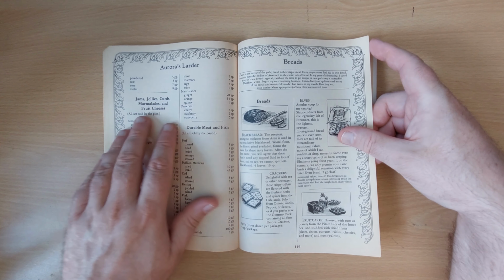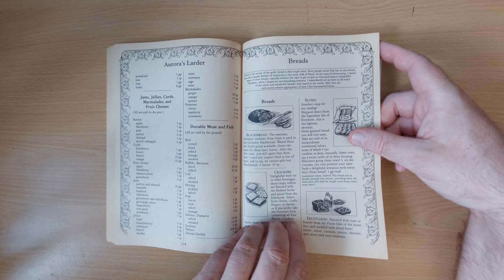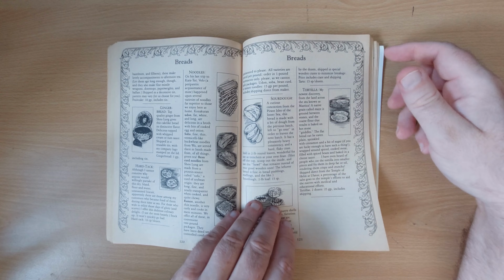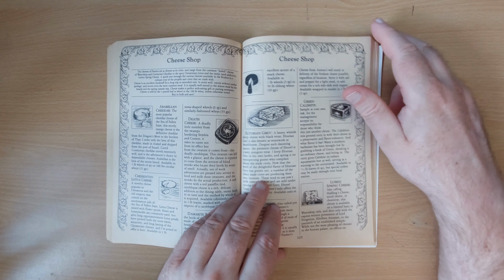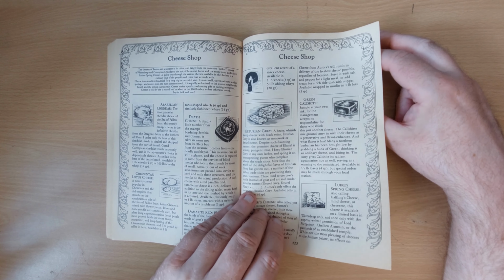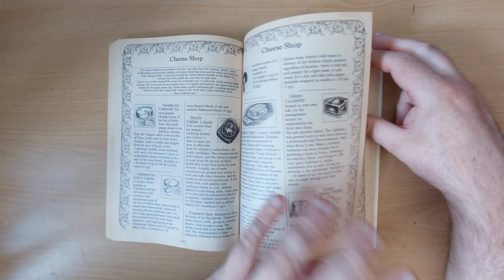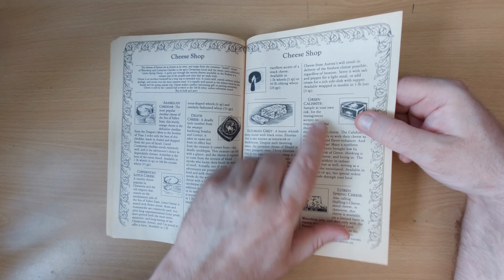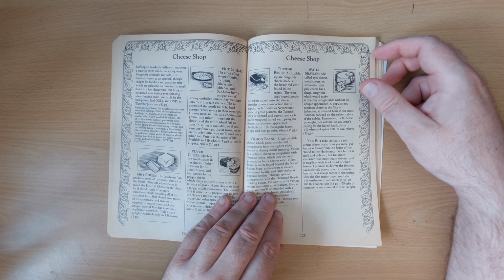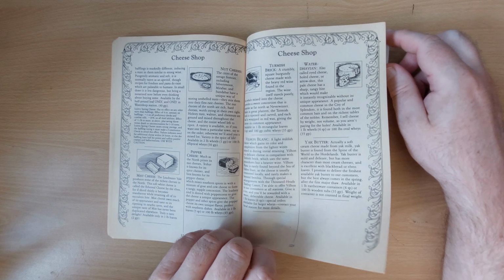vegetables you can get. Different types of jams, jellies, curds, marmalades, and fruit cheeses. Breads, so elven breads, crackers, sourdoughs, tortillas, different types of cheeses, including death cheese, green calishite, sorry, what was that? Yeah, calishite, green calishite cheese. I was going to say calim. Nut cheeses, turmeric bricks, water davians,